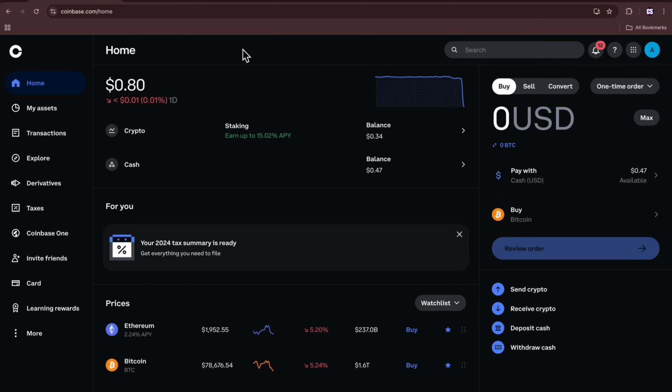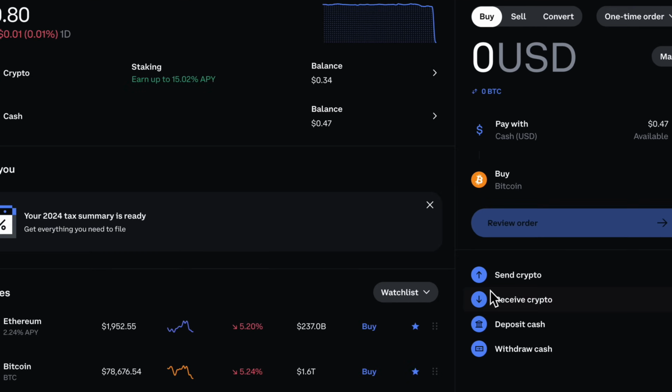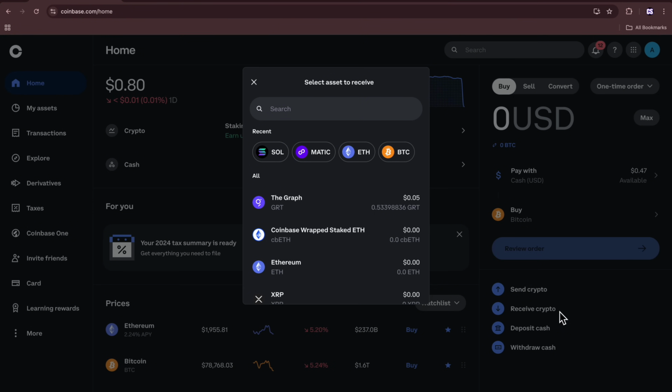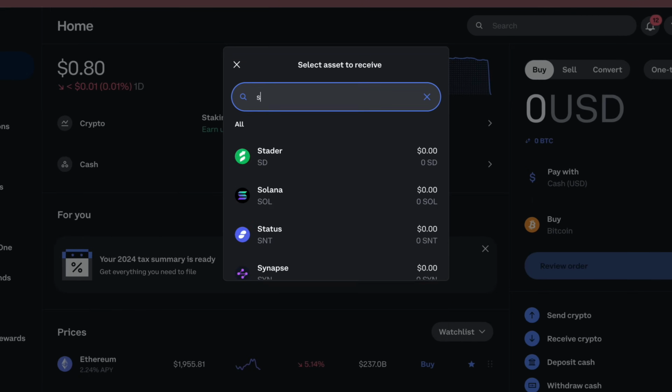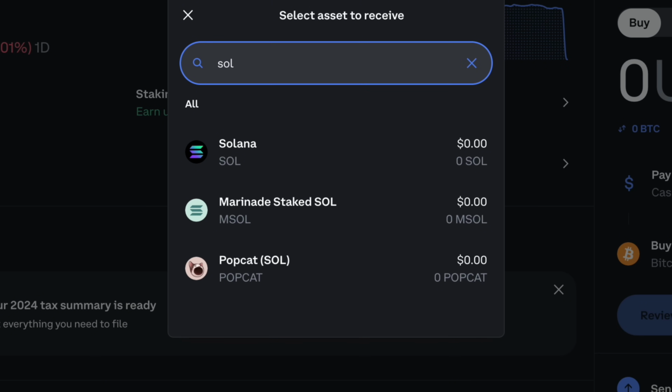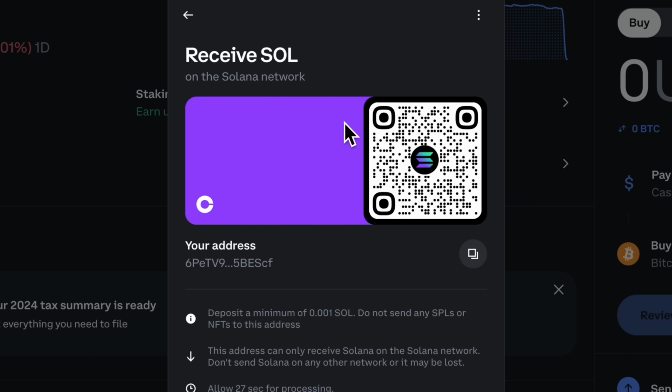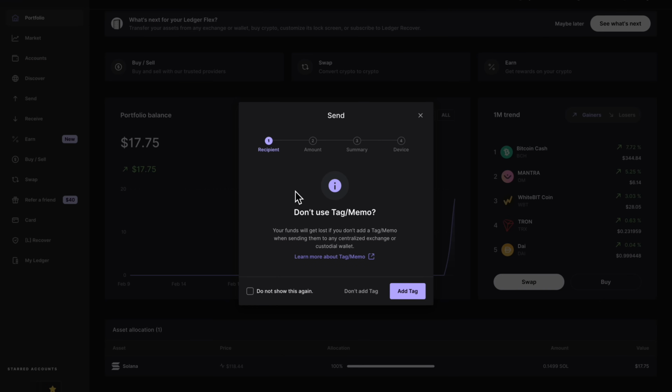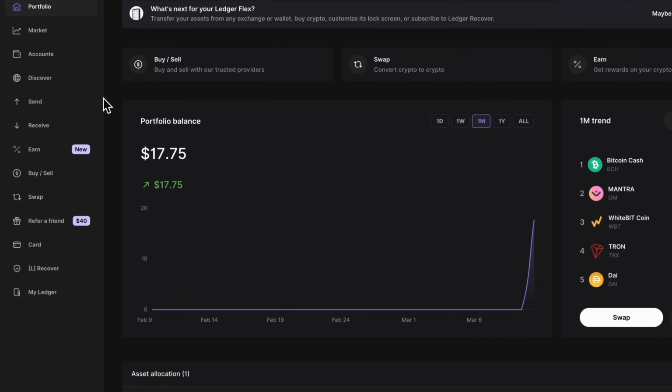So first you want to go back to your crypto exchange account, and then you just select the receive button to receive crypto, and then just search for the crypto that you are sending from your cold wallet to the exchange. So for this example, I'm sending Solana back to the crypto exchange, so I'll select Solana. Now, if you're using a mobile phone to do this, you can just scan this QR code and that will give you the receiving address. Otherwise, just copy the address like this,